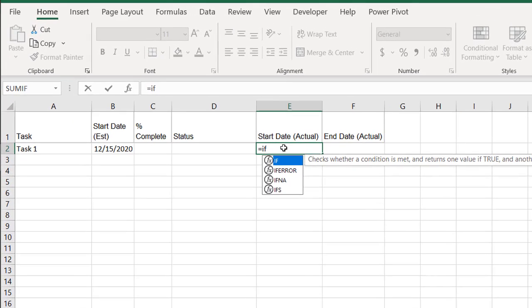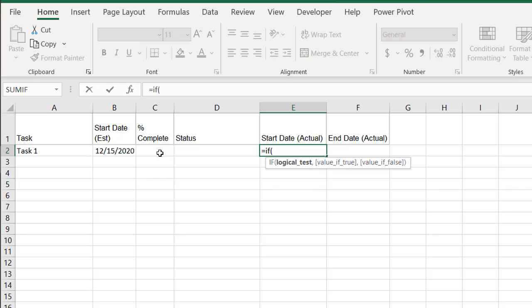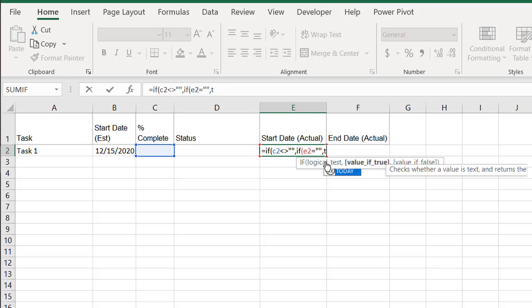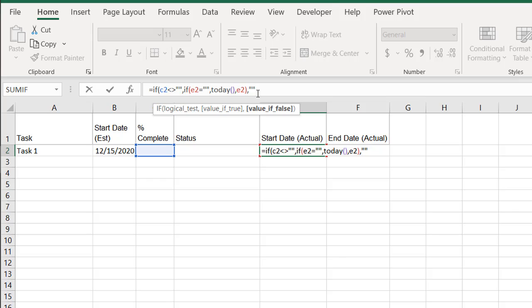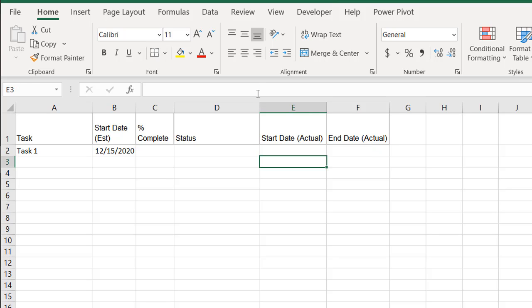formulas. So type in if, open parentheses. We're going to look at that cell and see if there's a change in there. Select C2. I'll just type C2. And if it does not equal blank, comma, if that's true, then we want to have another if statement. So what we're saying here, this is the recursive part now. Now we're going to say E2 equals blank. If it does, then bring back today's date, comma, E2, and then close parentheses, close that internal if statement, comma, and then blank, close parentheses, press enter,